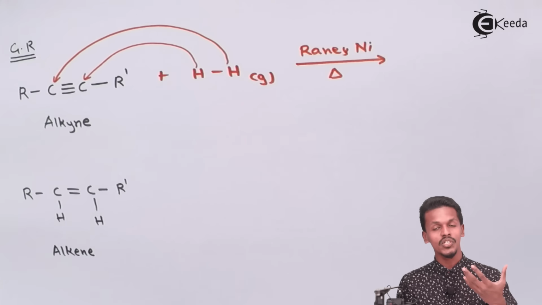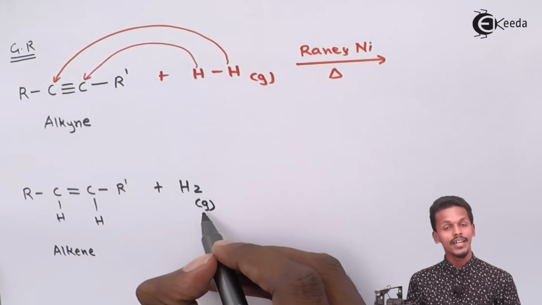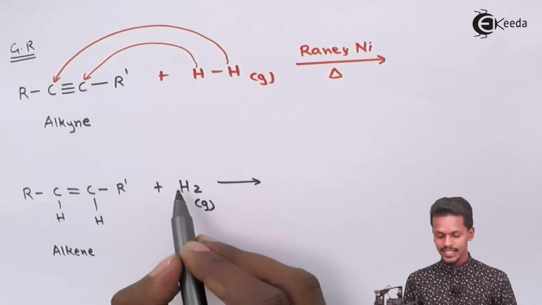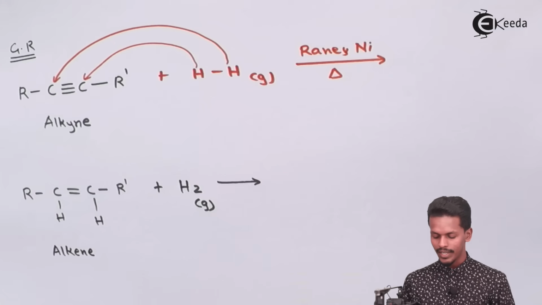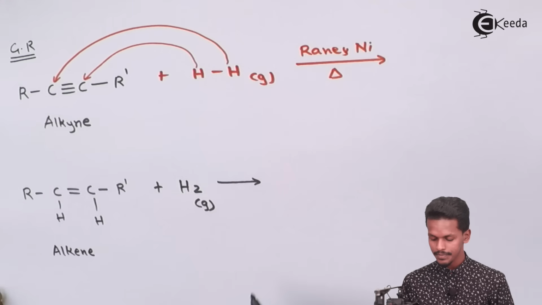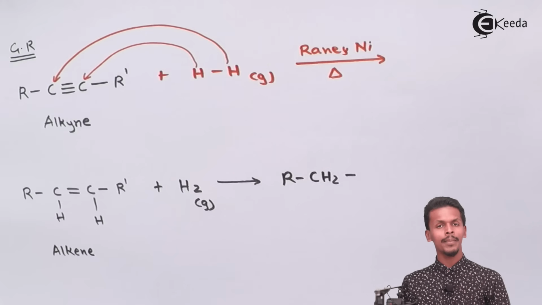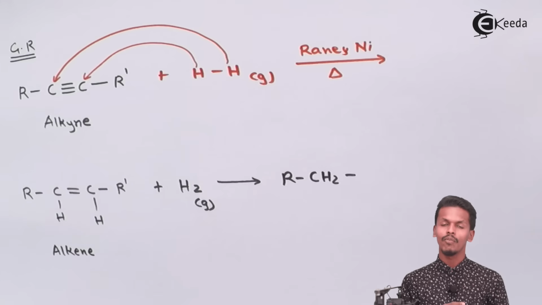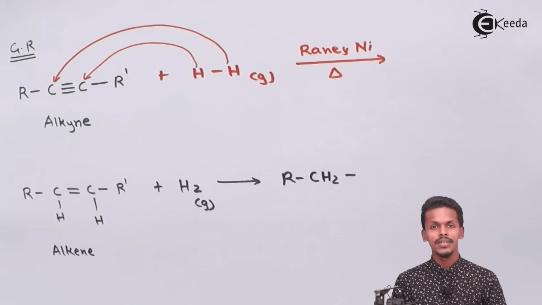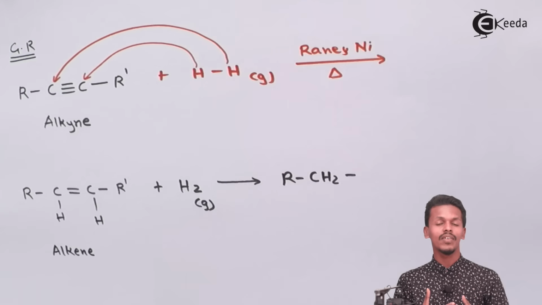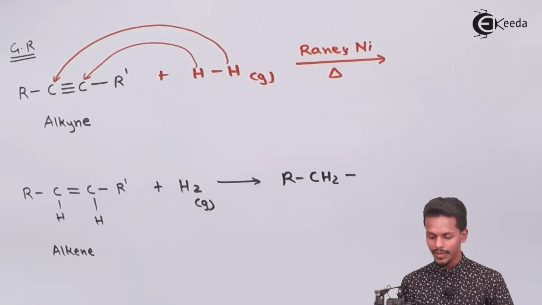Yes, the hydrogenation process will continue, and again hydrogen gas will be introduced. This hydrogen will attach over here, and another hydrogen will attach over here, making the molecule be represented as RCH2 single bond, because the double bond will break. In a carbon-carbon double bond, as in an alkene, one of the bonds is a carbon-carbon sigma bond, while the other is a carbon-carbon pi bond. So the weaker bond, the pi bond, will break,